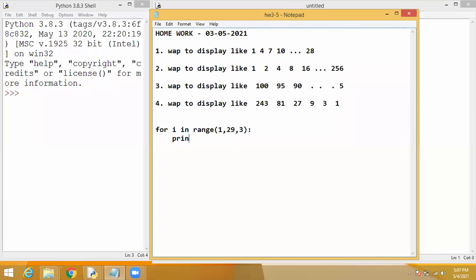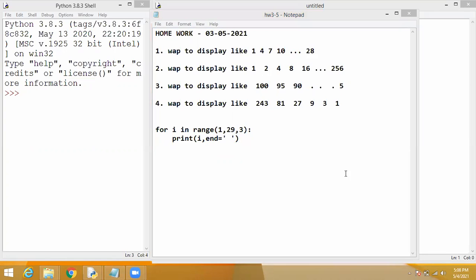Then in the print statement, you can give print i. Okay, students, clear? This will execute your program and produce this output. In the separator, you can include end equal to like this. This is for formatting. Always use this, then only you will get the output in the same line. Otherwise everything will be displayed in different lines. Okay, students, understood?